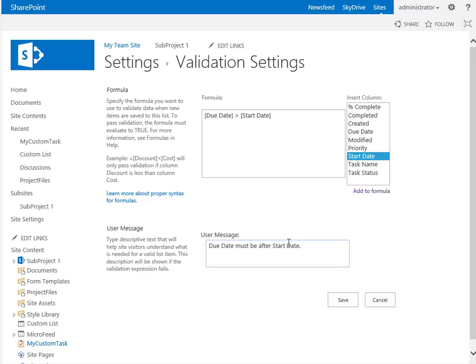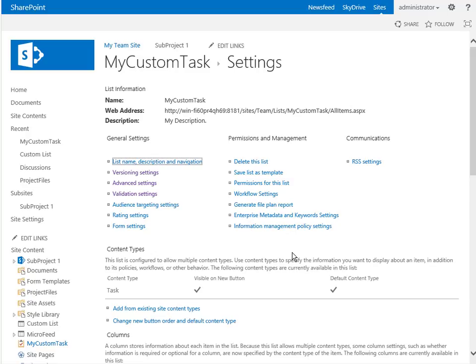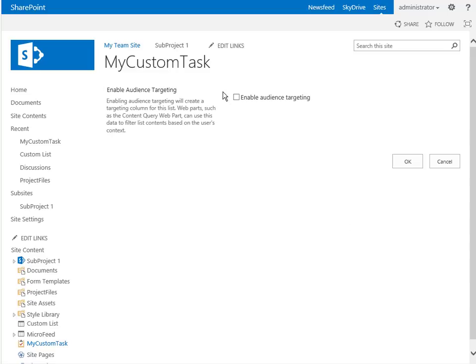Now you can just drop it right in here, very easily put something in place and do some validation so that once your data goes in, it's appropriate. It's actually doing some filtering on there to make sure everything's in place. We can actually do some audience targeting. If we turn on audience targeting, then we can say this SharePoint